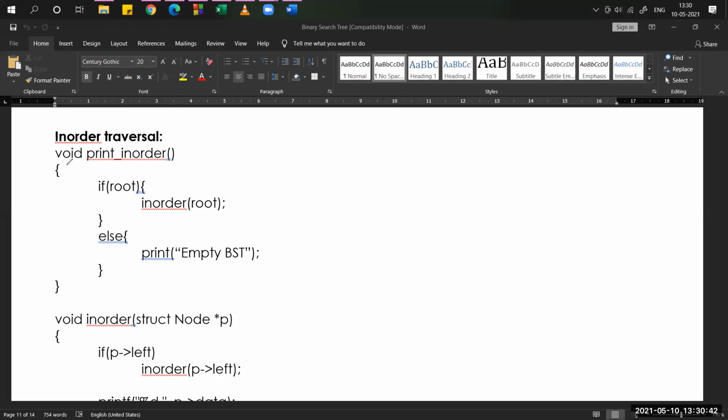The function name we are taking here is printInorder. This function is only used for printing the values. The next function is the actual formula for following the inorder method.